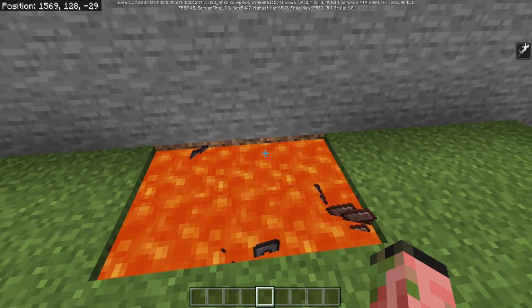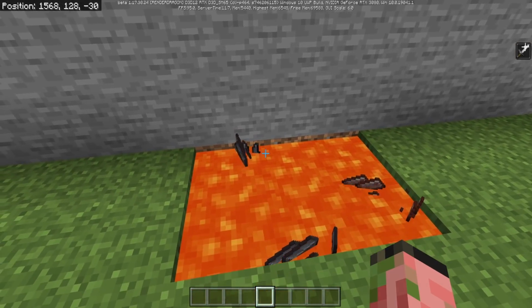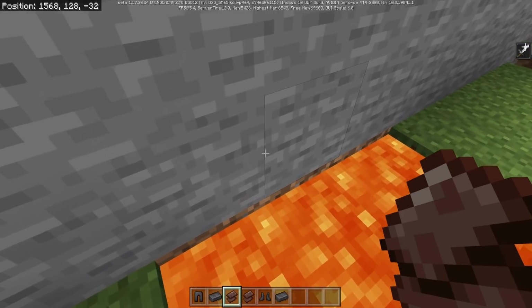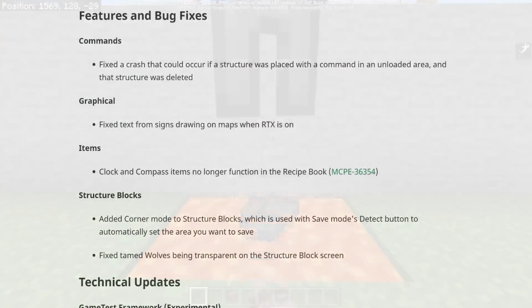All of the netherite armor, of course, did not burn. The shulker box got destroyed as an item and dropped everything that was inside of it, which was all of these ancient debris and netherite ingots, and as you can see, everything is working as intended. Moving on to beta